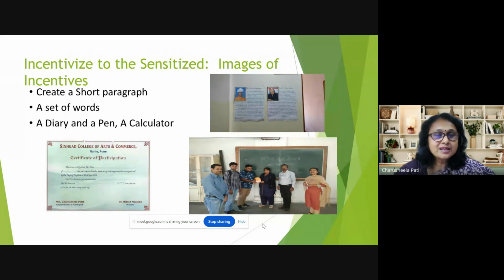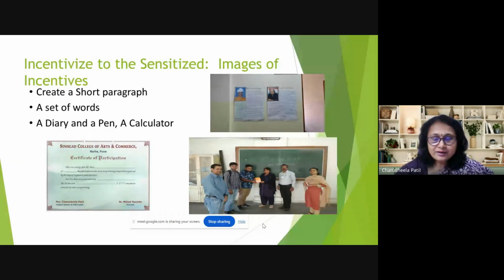Next to that, you can see I organized a short story writing competition. It is actually a misconception that only people belonging to literature or humanities write. It was a wrong belief. When I did this, maybe 10 years back, I came to know that there were students from computer background, from business administration background, and of course some from commerce and arts. But the winning story was from a computer background student.